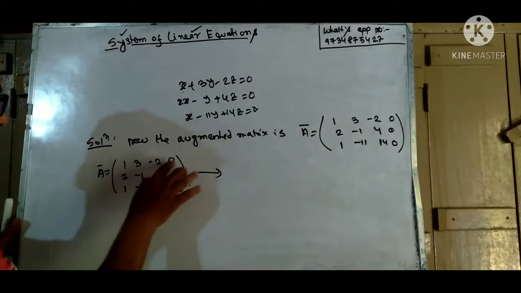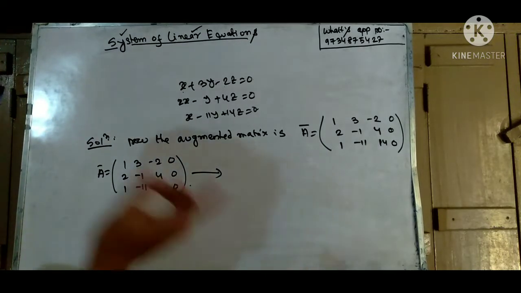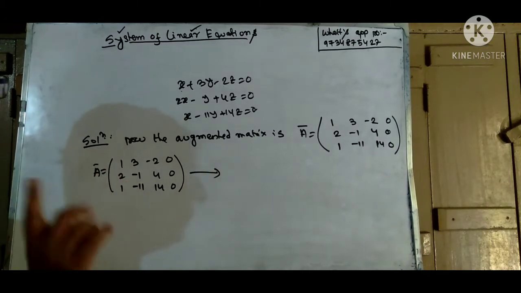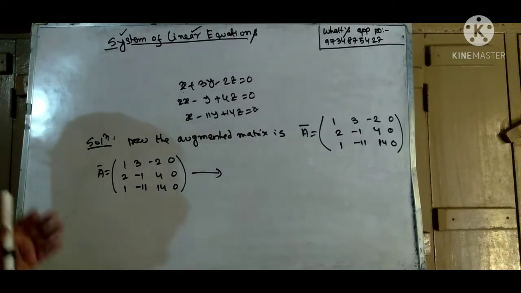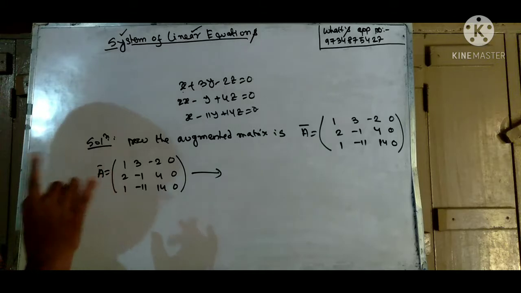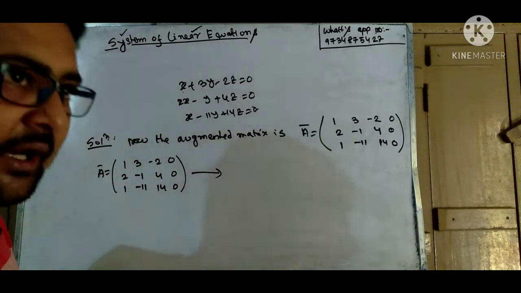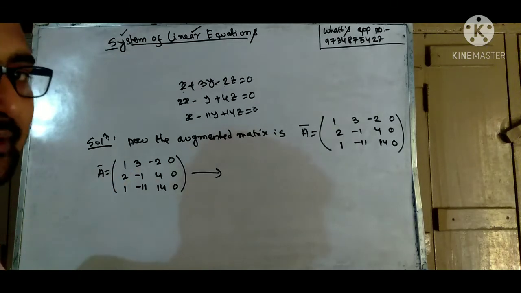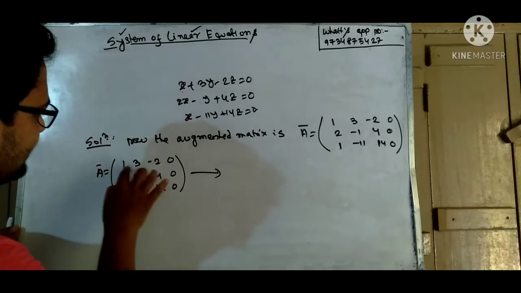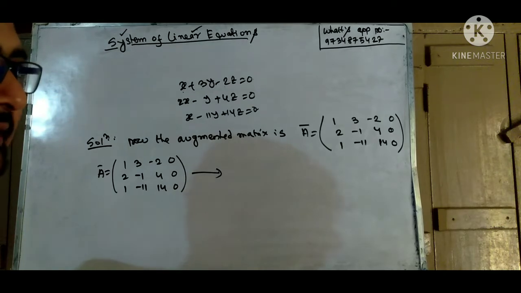So, here the first row is a non-zero row because it has non-zero elements. So, we will try the first non-zero element should be 1. Here 1 is already present, so this is the leading one. I repeat, the first non-zero element of a non-zero row should be 1. This is my first target. Here the first non-zero element of the first row is already 1, so we have nothing to do.